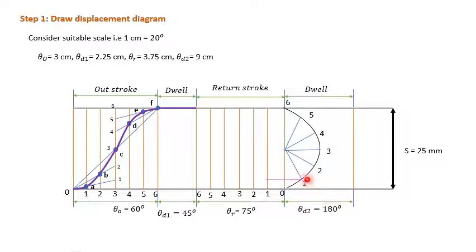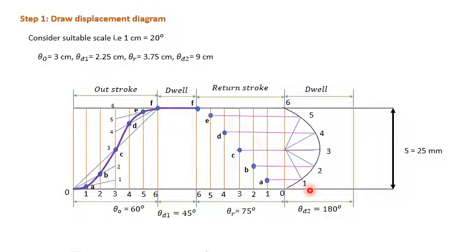Okay, so now from this number draw a horizontal line till it touches the first vertical line. Similarly, from the second division draw a horizontal line till it touches the second vertical line. Then third line, fourth one, fifth one. So wherever these lines cut the respective vertical lines, they are the cutting points. So this is first cutting point, second cutting point, third one, fourth one, fifth one, and sixth one. So we got the cutting points for a return stroke.